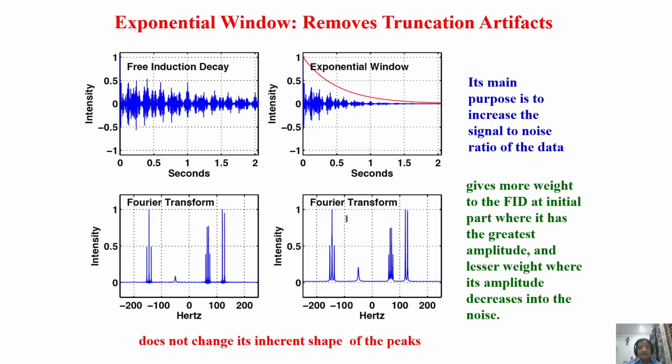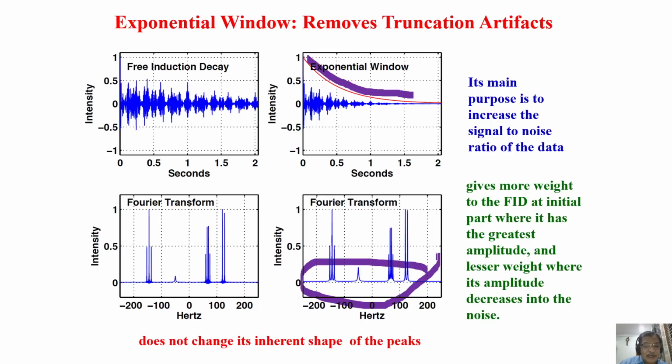Take for example, in the case of FID, I gave you sometimes this is a real free induction decay which is truncated, and you see the distorted line shape here, especially at the bottom, like a sinc function artifact you are getting because it is a truncated FID here. It is not allowed to decay completely, but you see at the bottom you have sinc function artifacts. Whereas if I multiply by this one, you remove the sinc function artifacts.